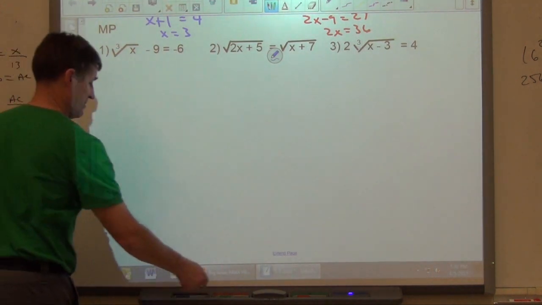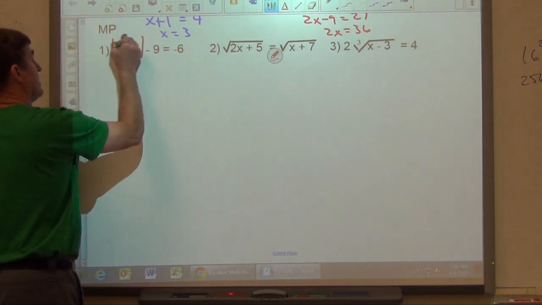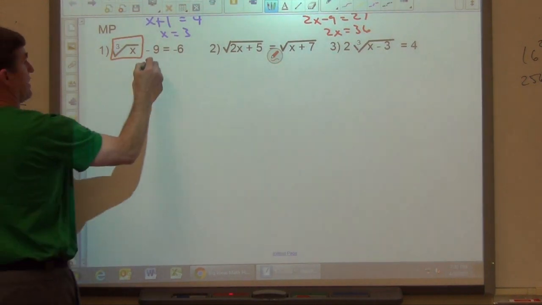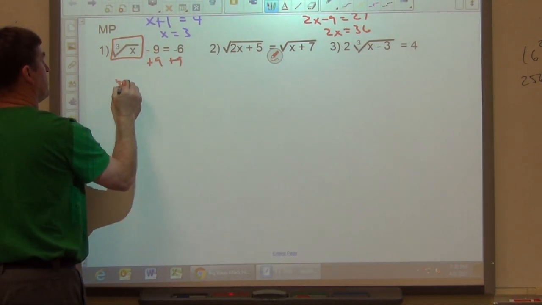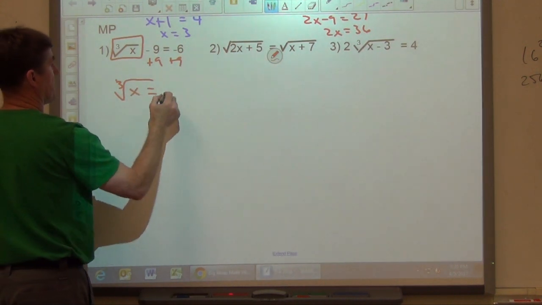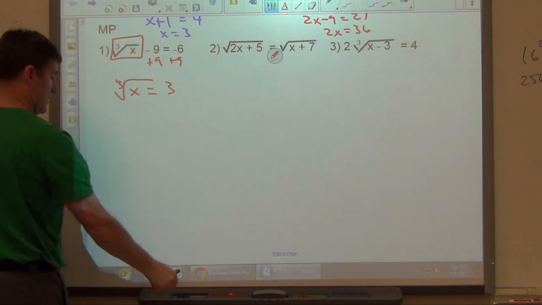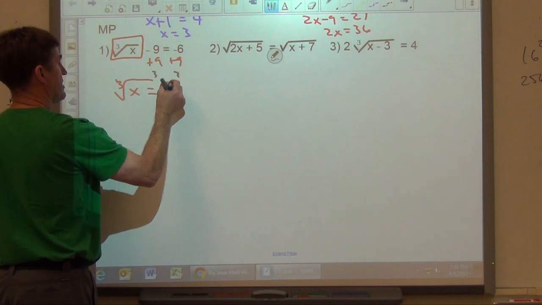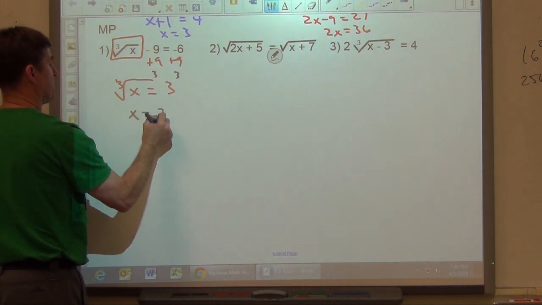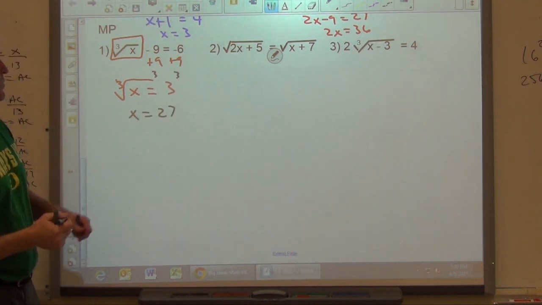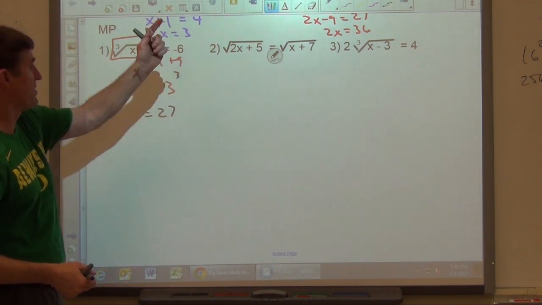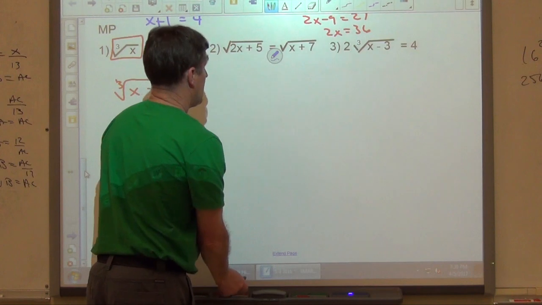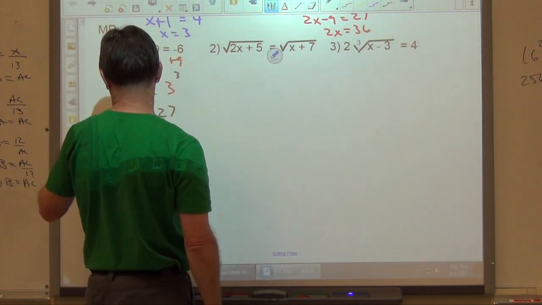So on this, again, isolate that radical. Add 9 to both sides. So we get the cube root of x equals 3. Then we're going to cube both sides. So we get x equals 27. We can check it. Cube root of 27 is 3. 3 minus 9 is negative 6. So it checks. Now here's one where you can't get the radical by itself,